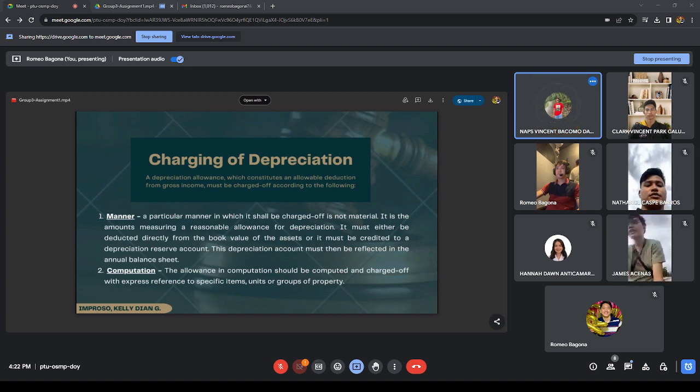Number 1, we have manner. The particular manner in which it shall be charged off is not material. It is the amounts measuring a reasonable allowance for depreciation. It must either be deducted directly